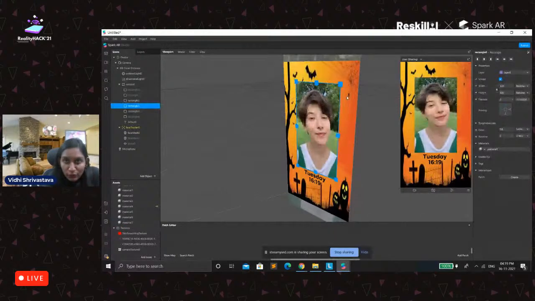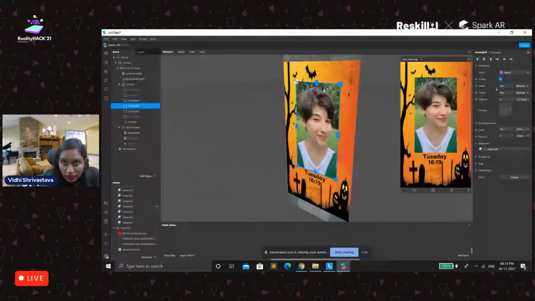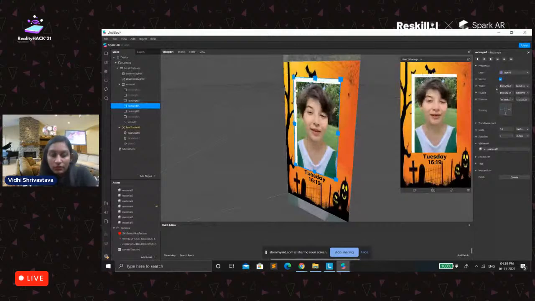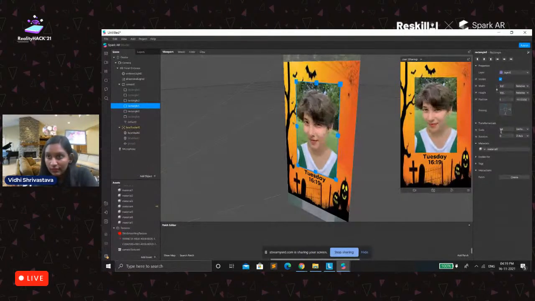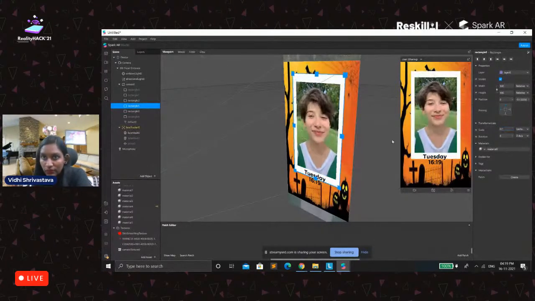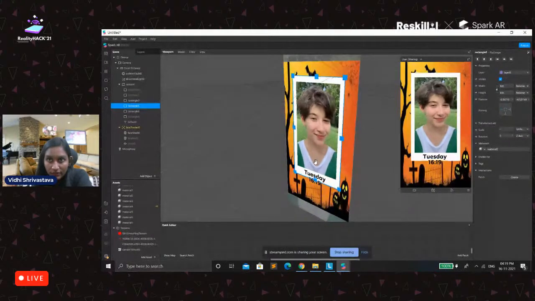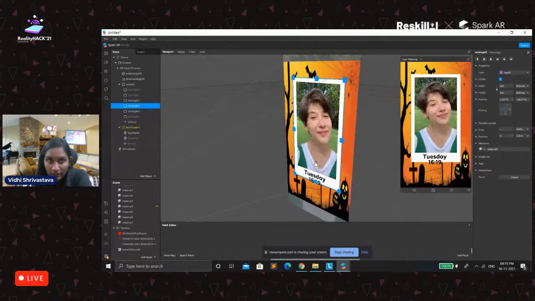Now see, you won't be able to see anything, but if I increase the size of it, let me change it from scale, it says 0.7, works fine, a form of Polaroid,